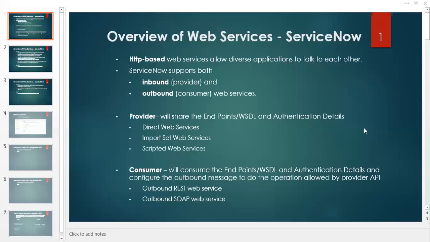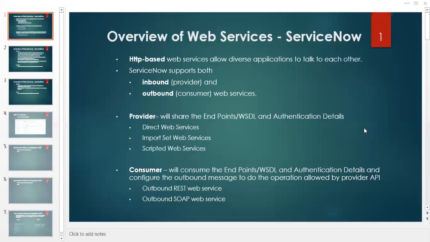So in brief, if there is two-way communication, like first Jira is sending the ticket to ServiceNow, and then on the same ticket ServiceNow is sending an update to Jira, then both tools will act as a provider and consumer.